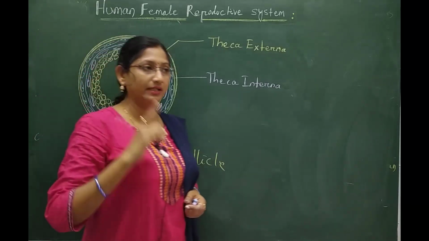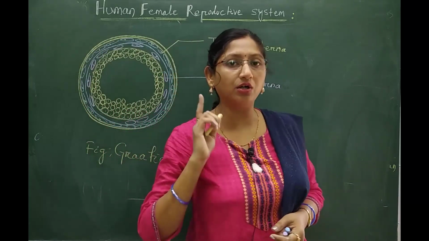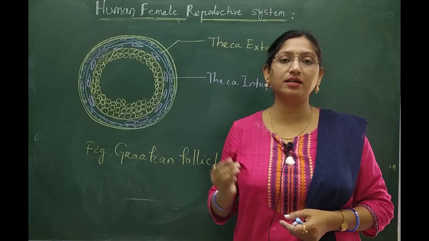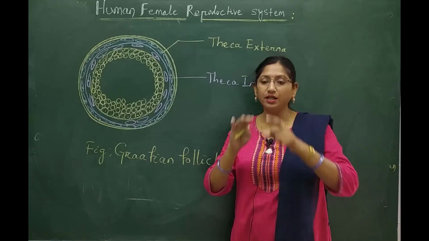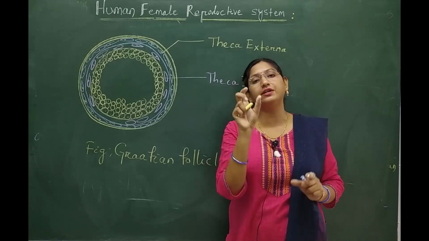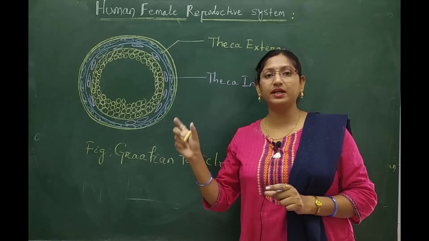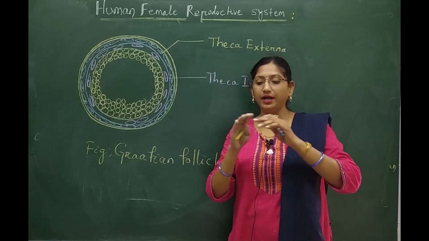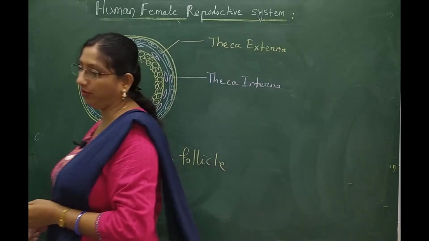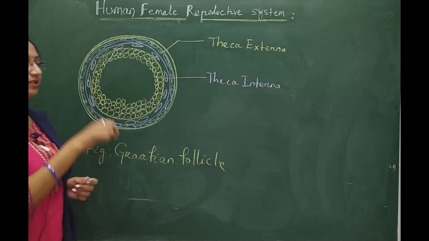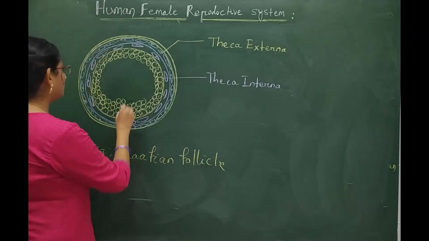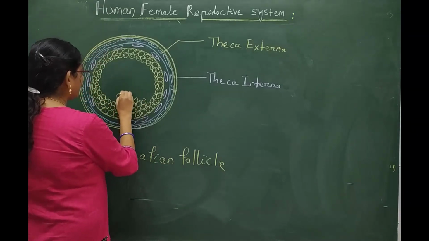From this egg nest, one of the oogonial cells comes to the center of the follicle, and it is selected as the future primary oocyte. The first follicular structure, consisting of the central primary oocyte, the selected oogonial cell, surrounded by the granulosa layer, is called the primary follicle. All these things are taking place inside the foetal life of the fetus.